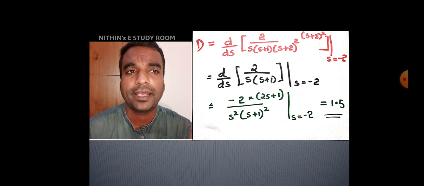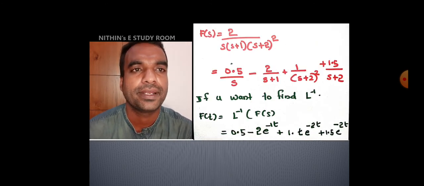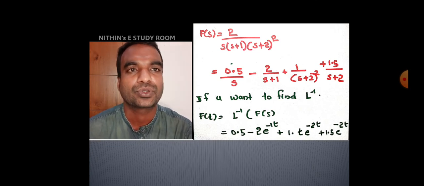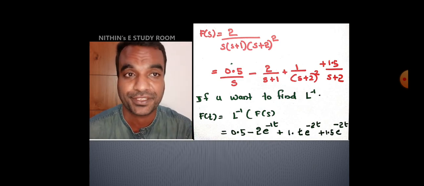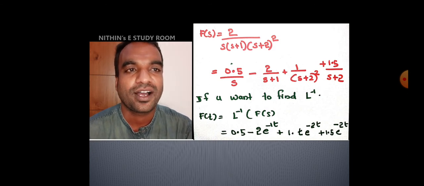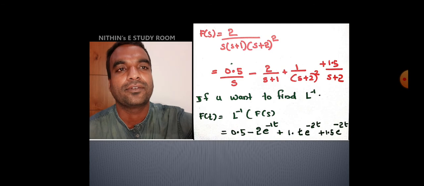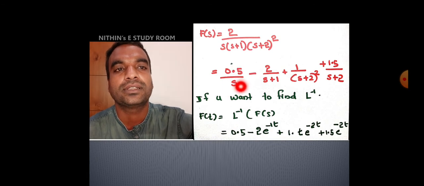So now you get a, b, c and d. So f of s is equal to 0.5 by s minus 2 by s plus 1 plus 1 by s plus 2 square plus 1.5 by s plus 2. I substituted a, b, c, d in the partial fraction expression. Now, how you can find the inverse transform? You can directly apply 1 by s. This is 1 by s. It is nothing but its inverse is 1. So 0.5 by s means its inverse is